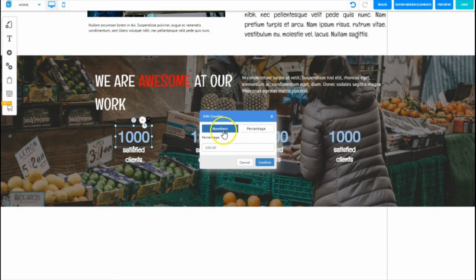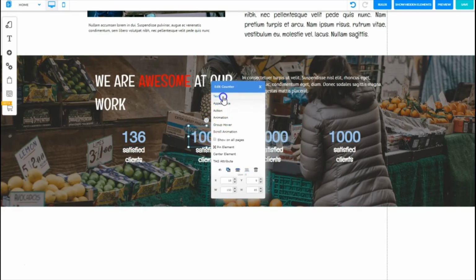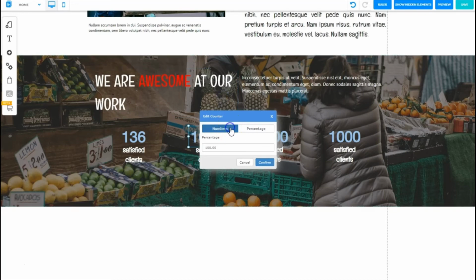Here's where we can edit what the text says, and that was 136, so we're going to put our cursor in there and put 136, and make sure it says numbers and confirm. Now, can you remember what the next one was? We're going to right click, go to text, choose numbers, and the second field should read 162, confirm,